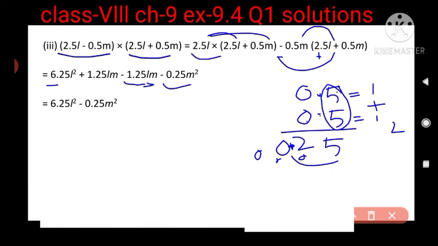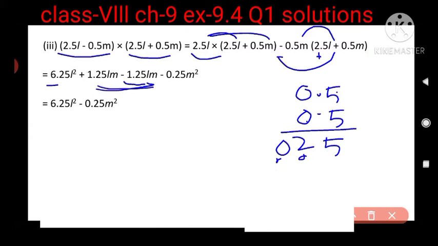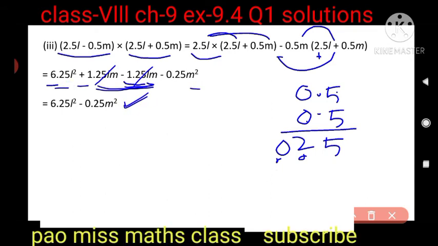So then come to the next. What is the next here? Okay, let me erase this. Now is there any like term? Yes, these 2 are like terms, aren't they? Both are LM. And here you can see plus and minus, and the values are also the same, 1.25, 1.25, plus minus. That means it will get cancelled and it will become 0. So what is remaining? This is L square, M square. They are not like terms. So this is the remaining answer, and this will be your required answer. Hope you have understood. Now come to the next question.